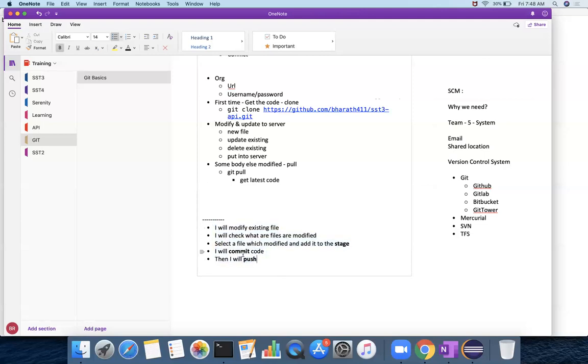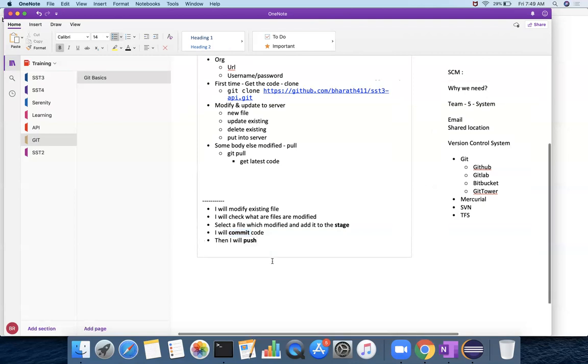For example, after billing, you forgot one item. You came out of the grocery shop and you forgot an item. So what you need to do is modify or select the files, then add to the stage, and then commit the code. That means you have to pay the bill separately for the newly bought products, right? So now you have two covers, that means you have two commits, and then you can push those two commits to the home, or two commits to the repository.